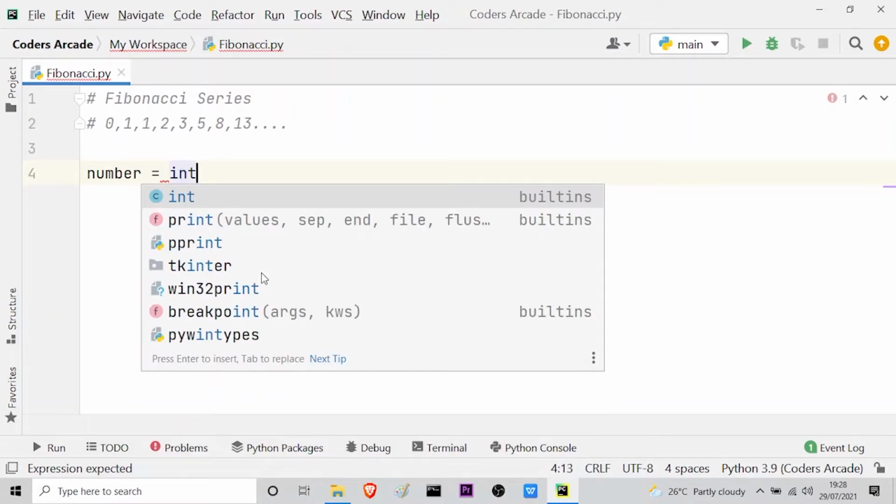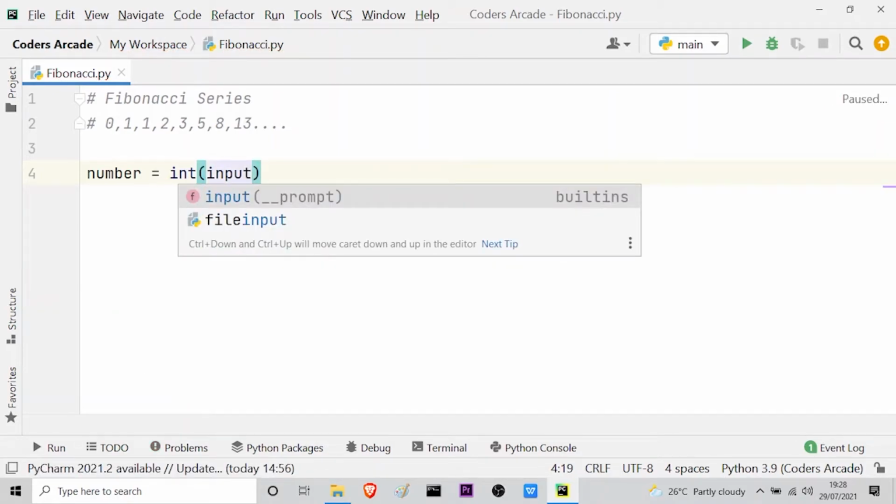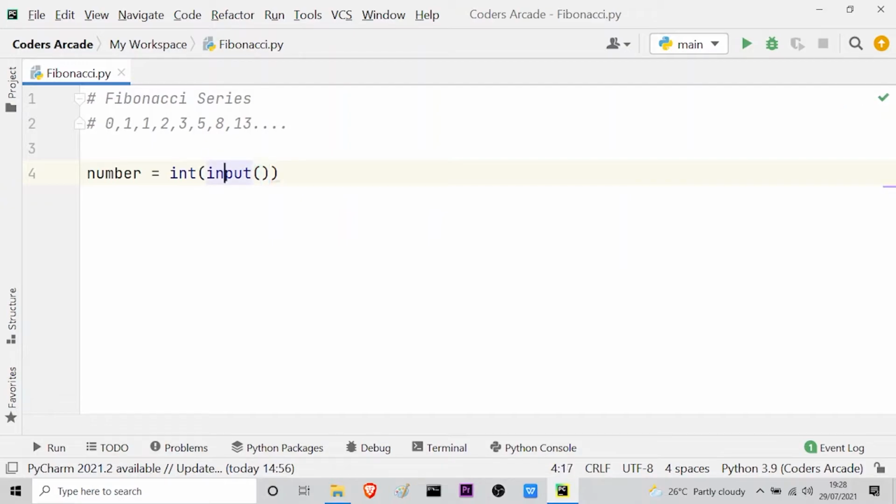So int and then the input function, and let me tell you why I have taken this int keyword. I have taken this int because by default Python takes the input as a string. So we need to explicitly convert this into an integer. That's why I have taken this int function.